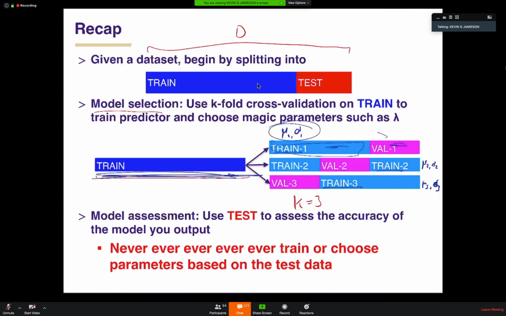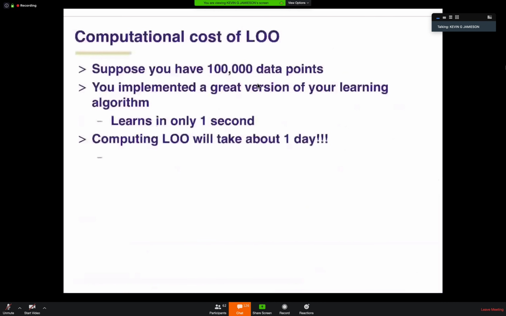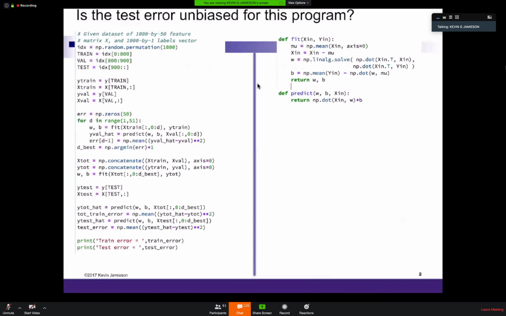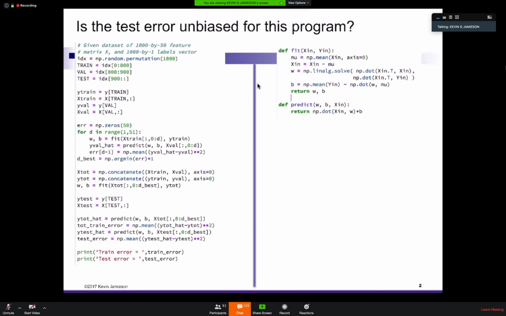If you want to train something on this smaller training set and evaluate it on the validation set, and you want that number to mean something, then the validation set could not have affected how you trained that model. And that could be as much as computing a mean and variance, something as small as that. And so if we go back to this sort of gold standard example,